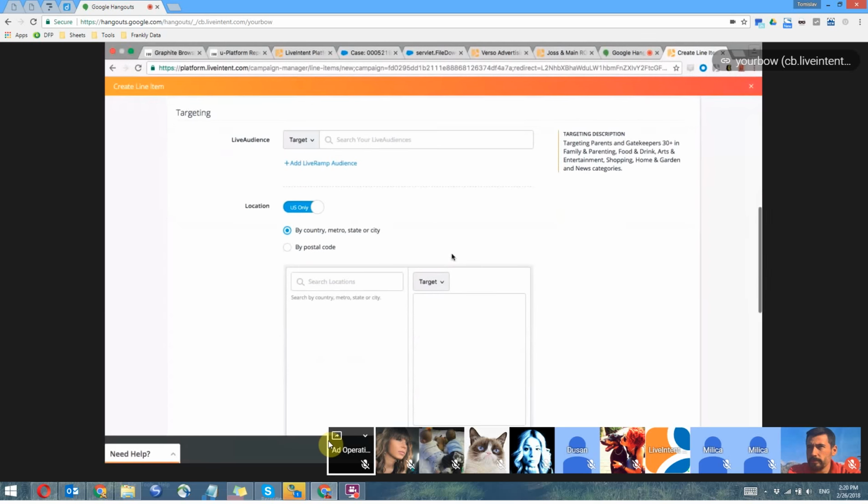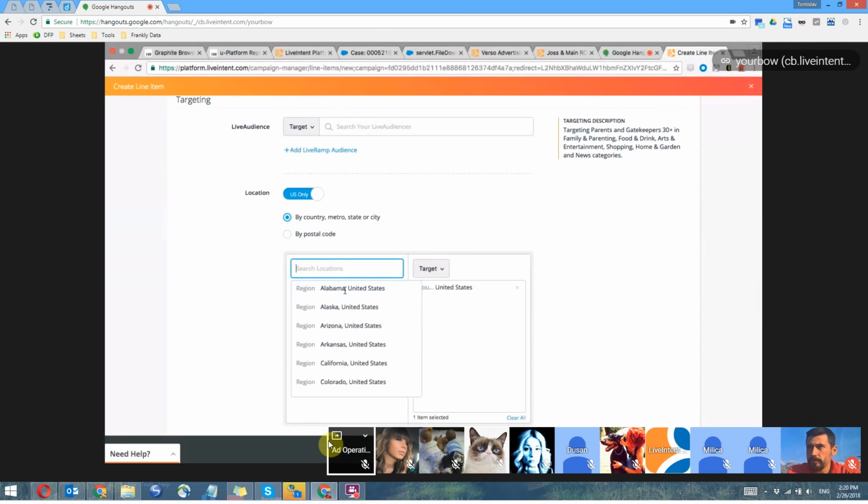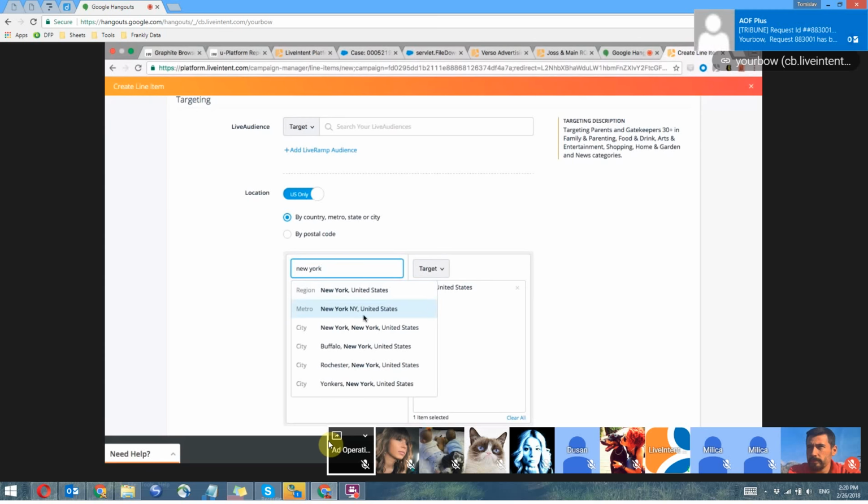So I'm going down to the geo. If there is no geo, then it's always United States. Correct. Okay. And then you can search here when you're adding any sort of geo. Right now I'm just going to add states, but let's say I needed to add New York. I have the option to choose region, which means New York State,